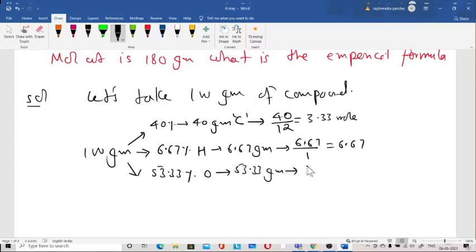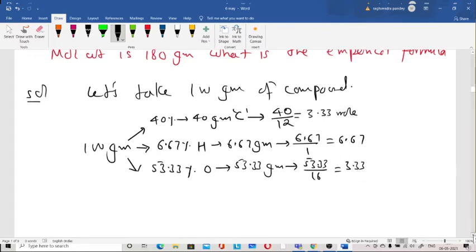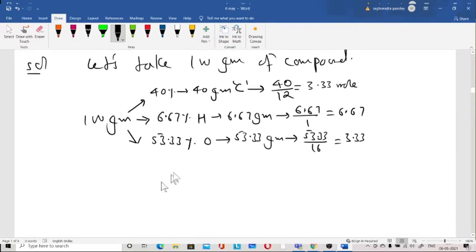Okay, now number of moles 53.33. 3.33 moles. That is there, divided by 16, so 3.33. Okay, 16 3 the 48, yes. So 3.33. Now what is the ratio we are getting? Is your carbon 0.2 to 1, 3.33. You have done it, so I assume that you are feeling comfortable in all of this calculation. So oxygen 3.33.